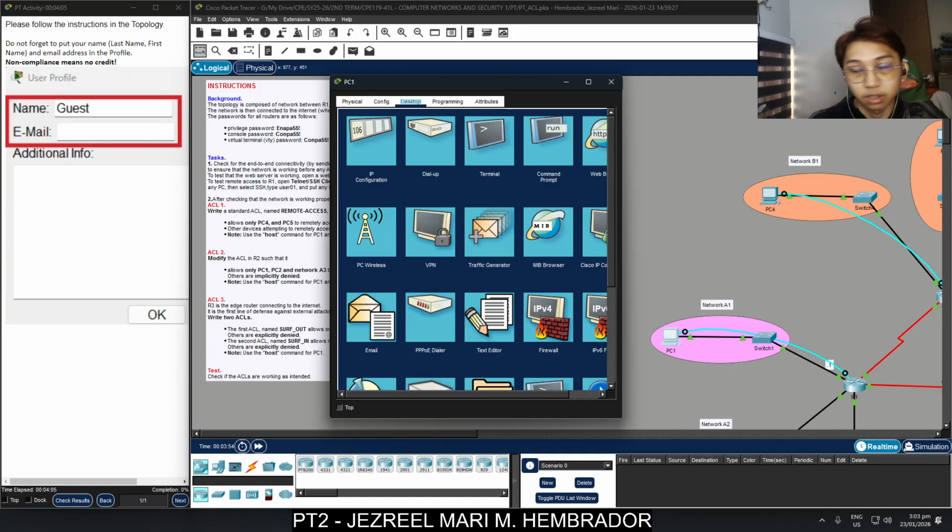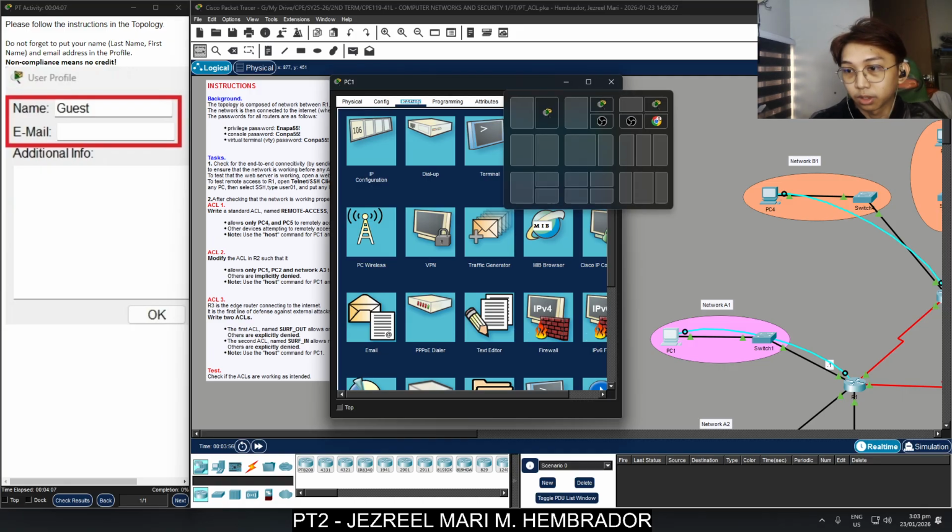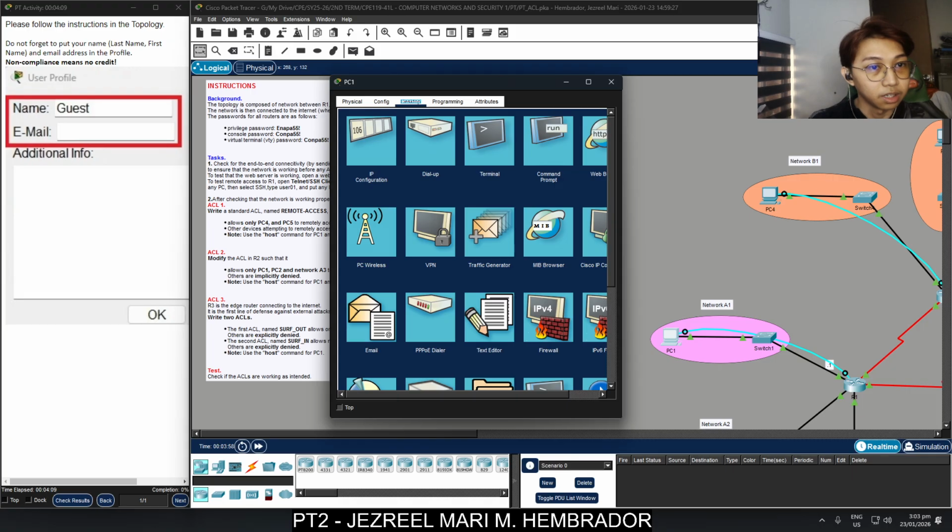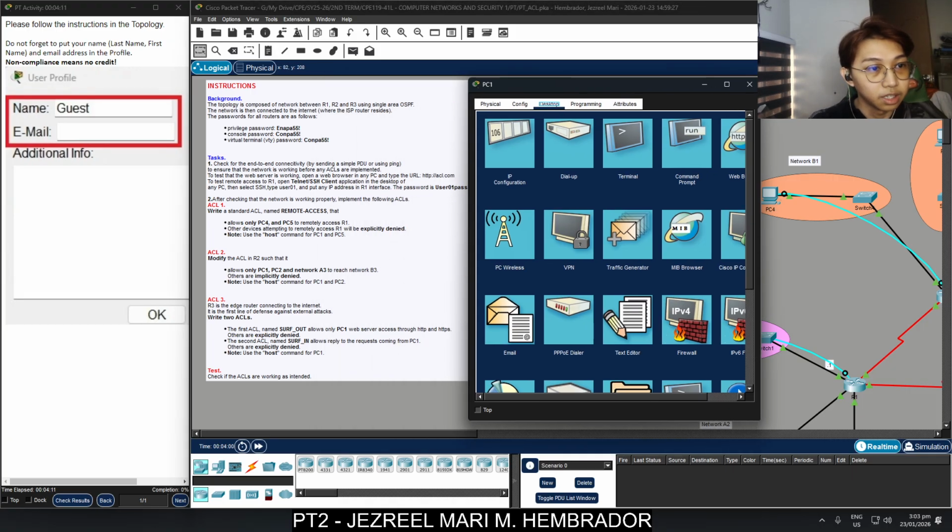So next, we're going to test that the web server is working. Open a web browser in any PC and type the URL http://acl.com.